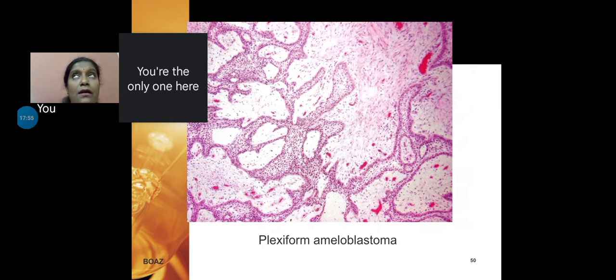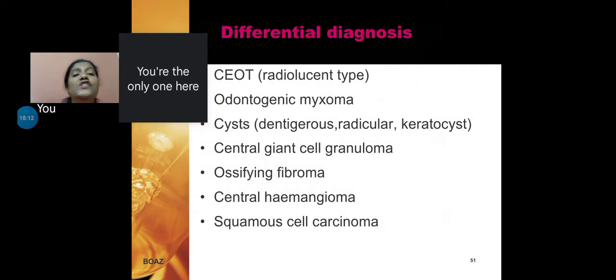So in follicular ameloblastomas, usually the cystic changes occur inside the follicles, inside the epithelial cells. Whereas in plexiform ameloblastoma, the cystic changes are seen in the connective tissue because of the rich vascularity that we get to see. So ameloblastoma can be differentiated from CEOT, the radiolucent type, odontogenic myxoma, a common odontogenic tumor, cysts,